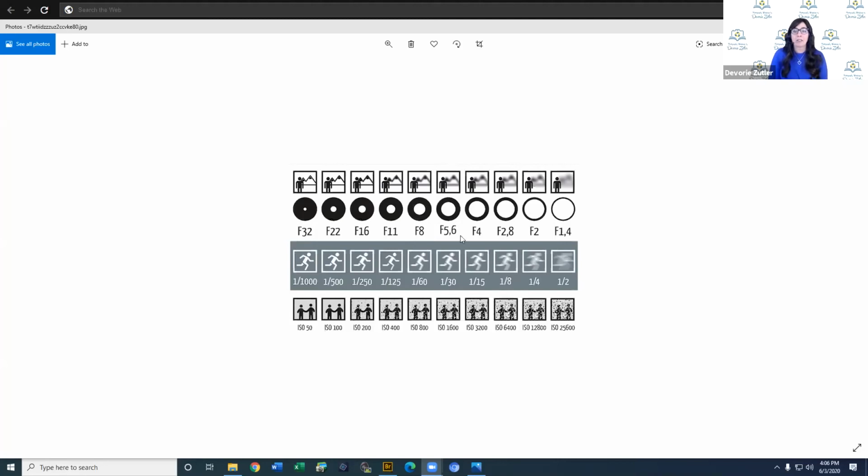If you want to have less depth of field, if you want to blur out your background beautifully, then you would use one of the larger apertures on the board, and that would give you a much shallower depth of field. Okay, now what I want to do is